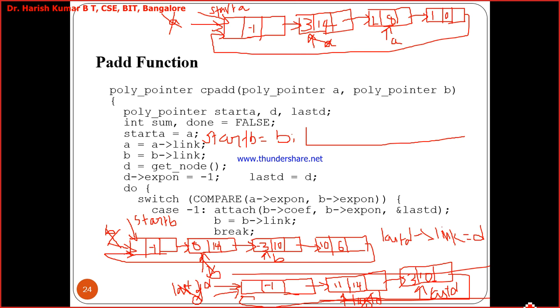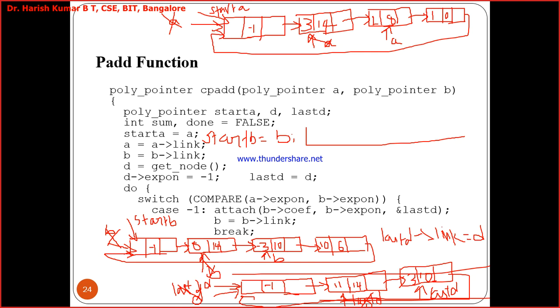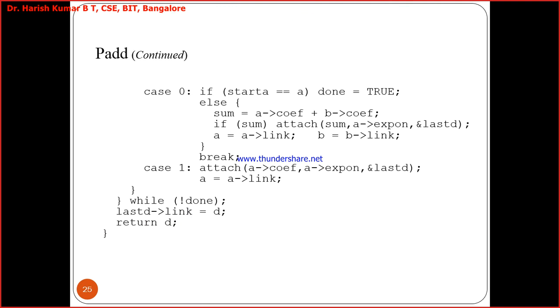Okay, so I think you understood how to represent the polynomials using the circular list with header node, and how to perform the addition of two polynomials using the circular singly linked list. Okay, so next is,